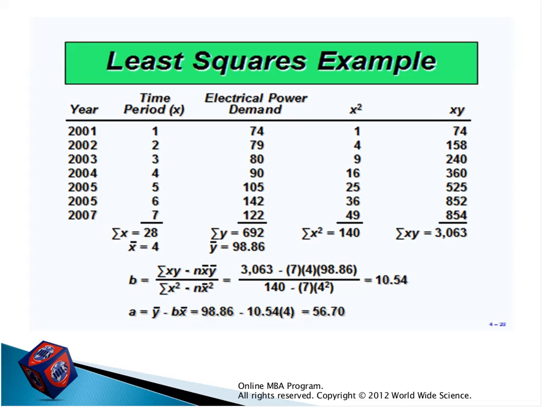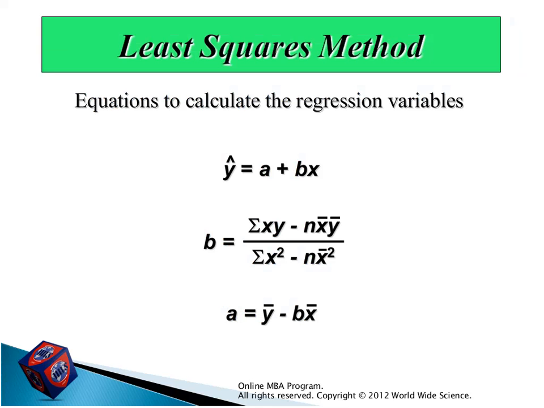Okay, we have the historical data. We want to calculate the linear equation. At first, we have to calculate A and B by formula. Have you written the formula on the piece of paper? Yes, because it's necessary. Again, I show you B and A. Please write it down on the piece of paper. Okay.